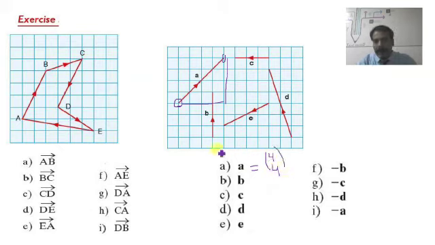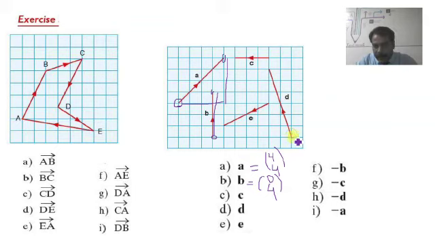If we have to find out vector b, see, this is the starting position of vector b because it is moving in the upward direction, and this is the end position of vector b. There is no movement on the x-axis. So we will say that the value of the x coordinate will be 0. Then just find out how many steps it is going in the upward direction. 1, 2, 3 and 4 steps in the upward direction. So we can write (0, 4). Is that clear?